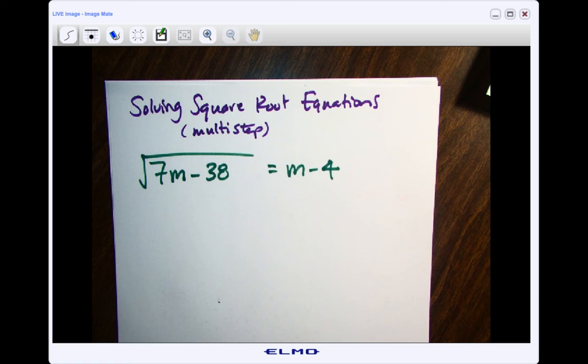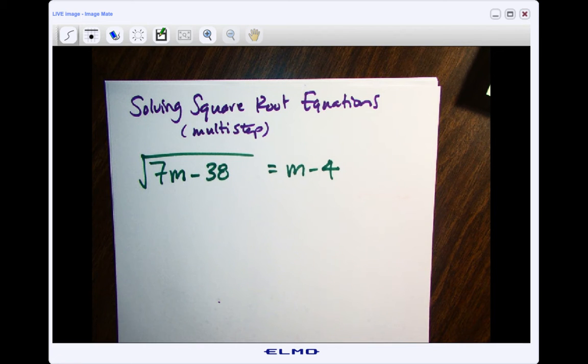Okay, let's solve some more square root equations. So that's equations that have a square root in them. All ones that have radicals are kind of solved in the same way. In this case, we're going to square things because it's a square root, but you could cube things if that